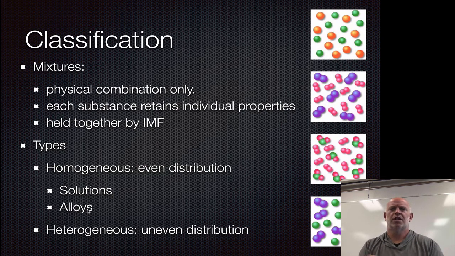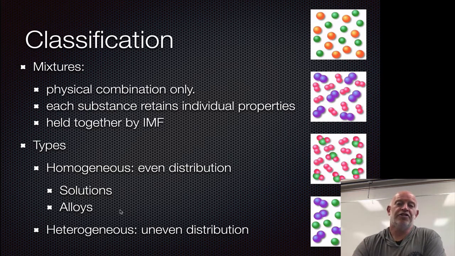I'm getting hungry now. And as a result, once it gets cooked or dries, it looks all even throughout. That's the alloys, the same idea, but for metals, okay? So we get things that look like they're one thing, but really they are a mixture of more than one substance, okay? Solutions and alloys are our best two examples for that.